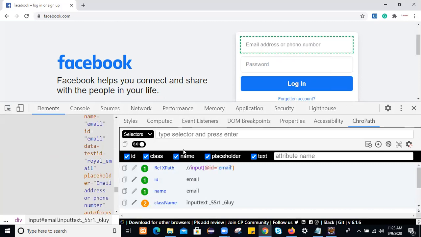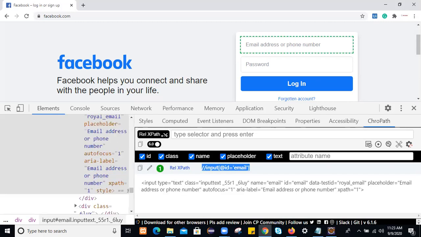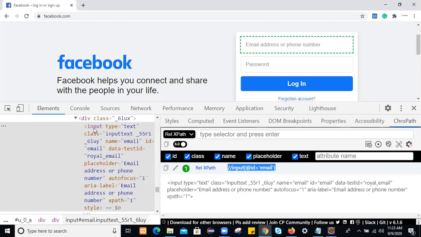Which XPath do you want to generate? Just use relative XPath. What do we say about relative XPath? It uses tag name, attribute name and attribute value. On this web page, what is the HTML DOM? You see, this is the web element. If you highlight it, this input is the tag name, name is the attribute name and email is the attribute value.